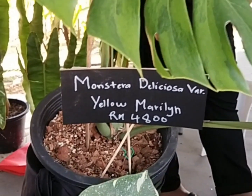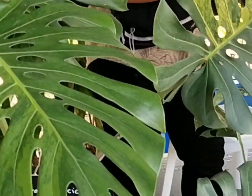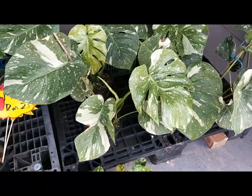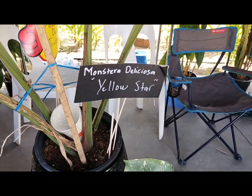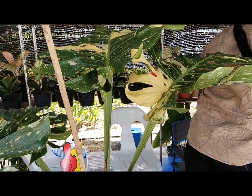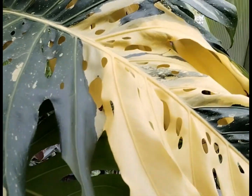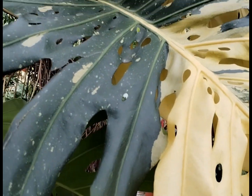Point 4 is that I would like to talk about different types of Monstera Deliciosa variegation, and all of this variegation is subject to reversion back to the green version. Hence all of these are not stable, hence their premium prices, and this can be very challenging if the condition is not right. It also has a lot to do with their growing condition, their lighting, even their feeding. If any of this is stressed, they will go back to a reversion of a total green common